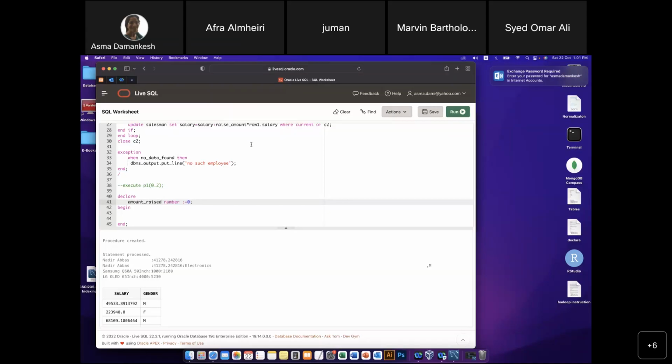So the initial value that goes up is 0. And then here I will call my procedure P1. The percentage I want to raise is 0.2, and I want to save the amount raised inside this. Okay, now here I can say dbms.printout